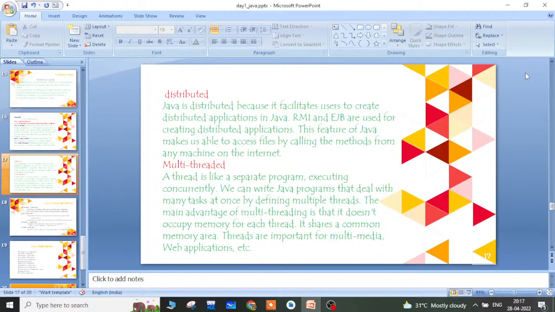And then Java is multi-threaded. Simply, we can take a thread as a lightweight process, a separate program executing concurrently, and we can write Java programs that deal with many tasks at once by defining multiple threads in a Java program.